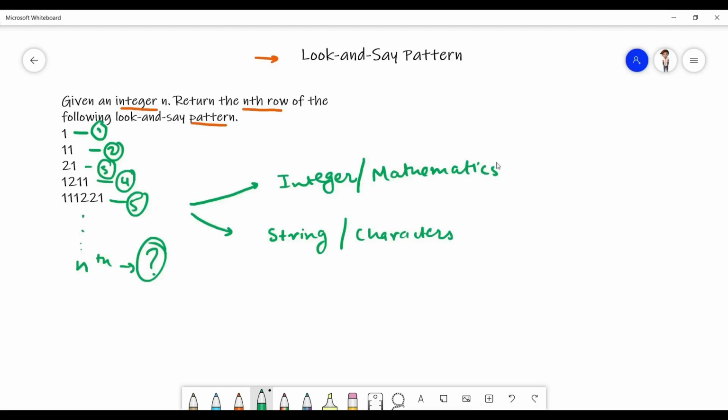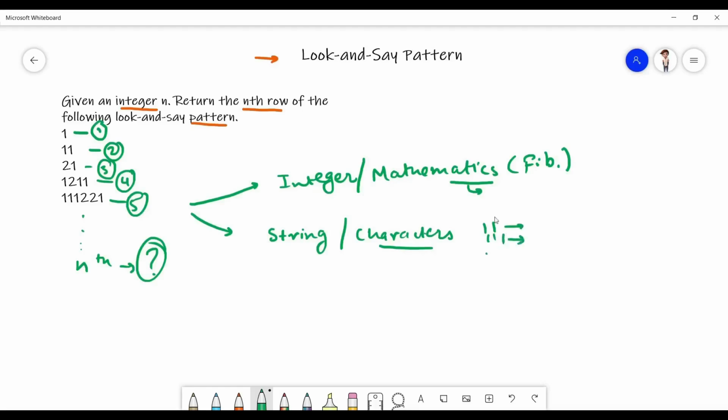For the integer approach, we come across an example of the Fibonacci series. So it might happen that there is some mathematical operation that we perform to find the given number, and here we get some 1 1 patterns in the string.